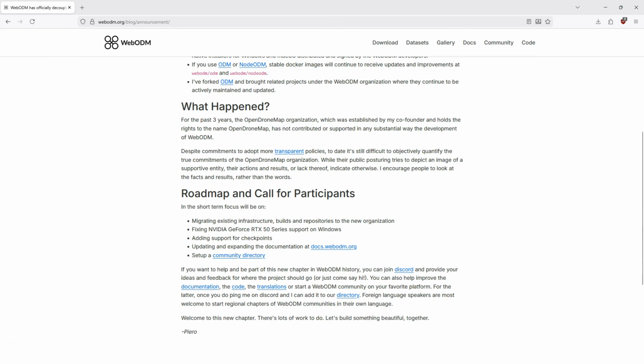Let's talk about what this means for you and me, the people actually processing drone imagery. WebODM is promising more frequent releases, quicker bug fixes, and more responsive development cycles. No more waiting months for updates. For years, WebODM and OpenDroneMap were intertwined in ways that confused new users. Now WebODM is its own clearly defined project with its own download sources and its own branding. The roadmap includes better documentation, community directories, and more ways for contributors to get involved, from translations to code to